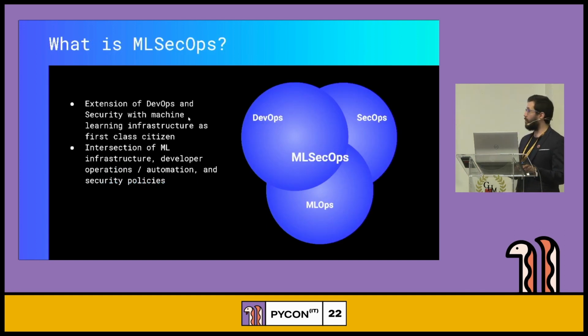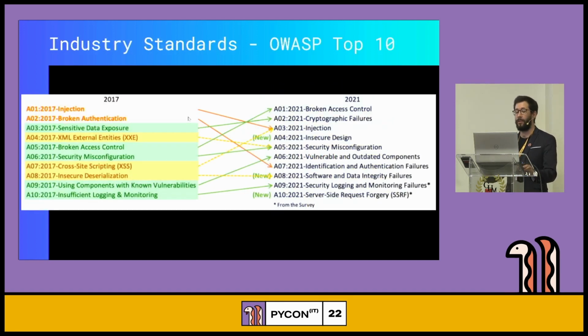We're going to be taking this concept of MLSecOps, which is a growing, emerging topic, which encompasses the intersection of DevOps, security operations, and machine learning operations. So it's taking the machine learning infrastructure with security as that first principle, right? And that's what we're going to be looking to flesh out in this session from a practical perspective.